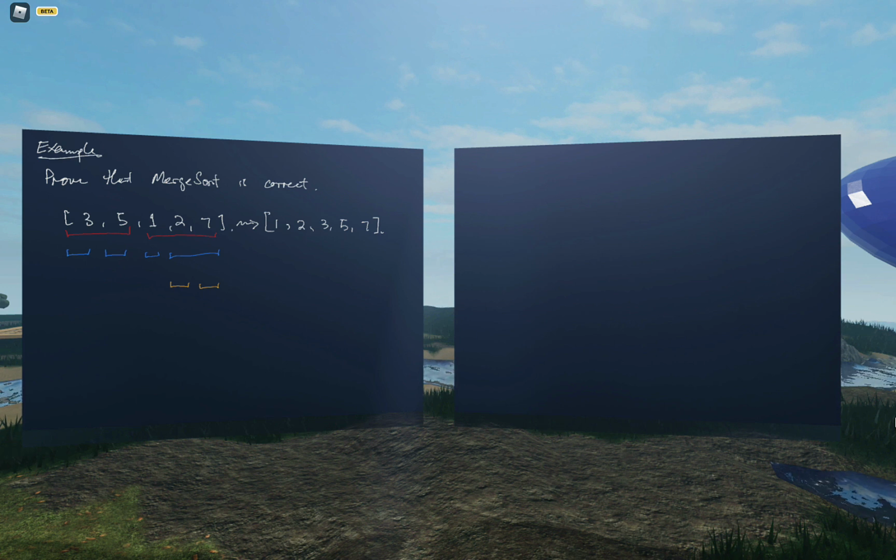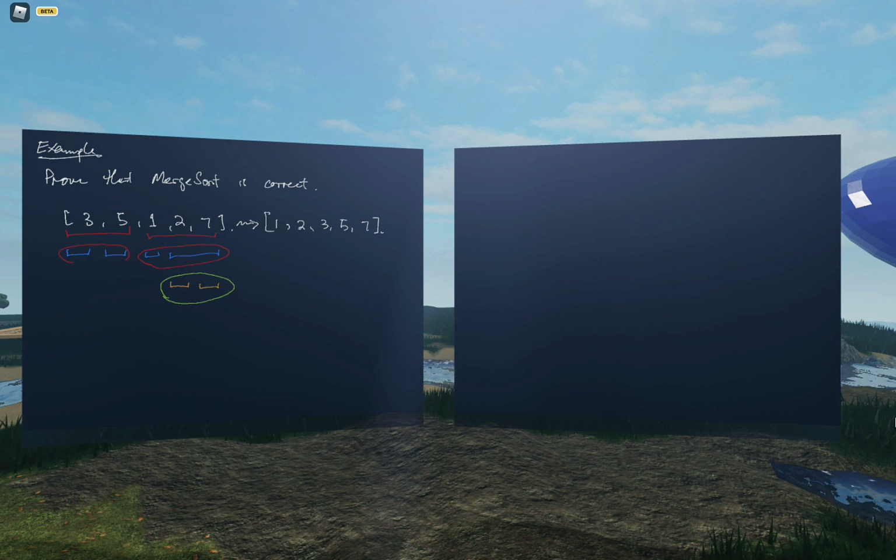Okay, so now you've got all these lists broken up, and so what we're going to do is actually merge them, right? At this step, you've got 2 and 7, right? I'm going to merge these two. So the result of calling merge sort on 2 and 7, you're going to get the same thing back, because 2 and 7 is already in order. And 2 and 7 is already sorted. So then I look at this and I merge them. This is fine. This gives me 1, 2, 7. And here 3 and 5 is all